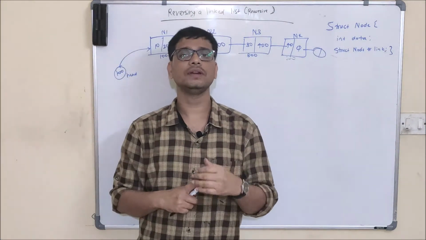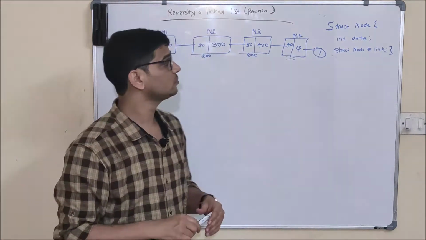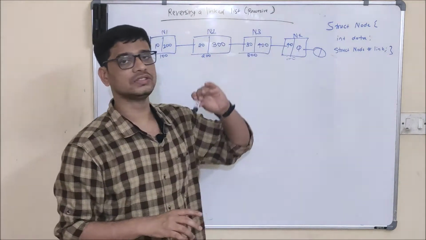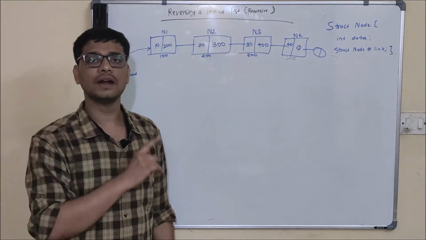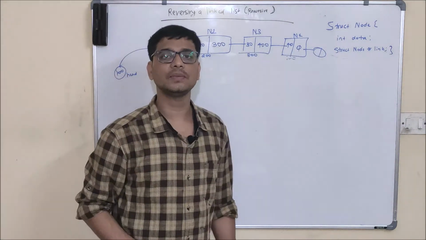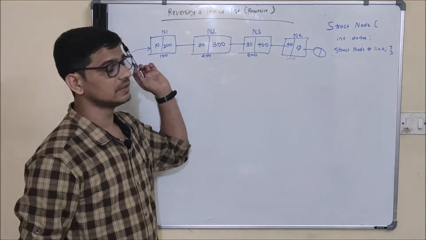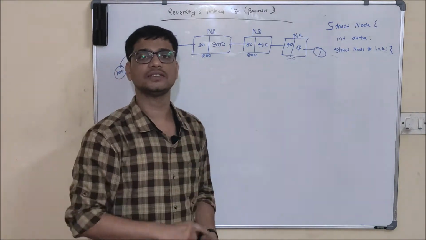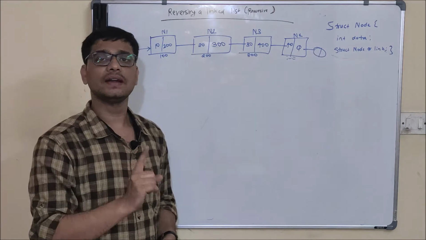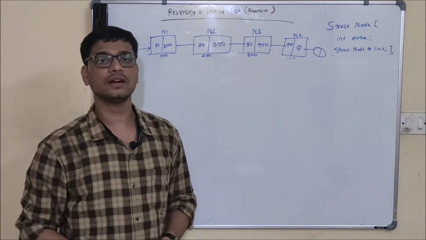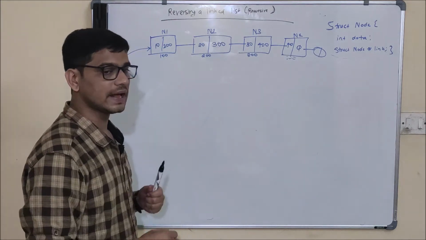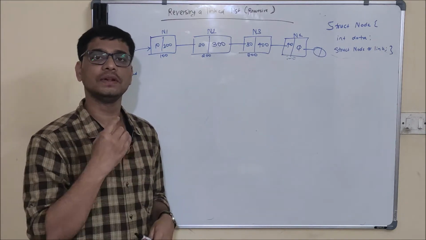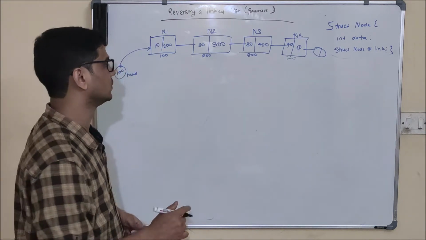What we are going to do in the recursive way is, first of all, we will traverse this linked list and reach the end of the linked list. After that, when we have reached the end, we will start shifting pointers, that is, manipulate pointers. Like this, we can reverse a linked list recursively. Now let's write a program to do it, and after writing the program, we will see how it will execute.